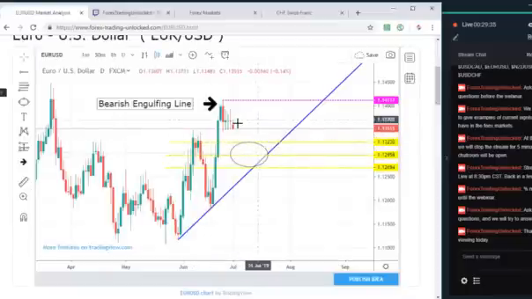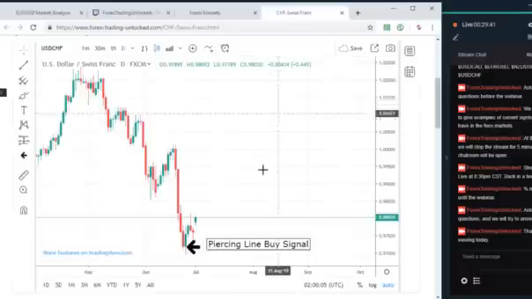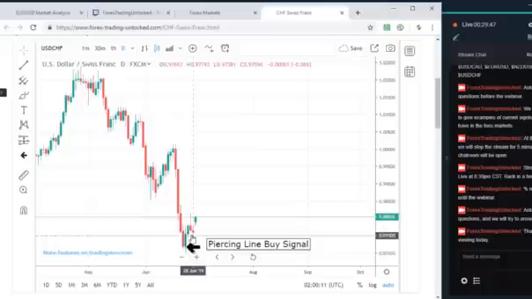So real quick, we're going to look back at the Euro US dollar. Euro is going down. Euro weakness, US dollar strength. So that helps us with our US dollar CHF with Swiss trade. That being said, we have this piercing line buy signal. Okay, so that right there targets